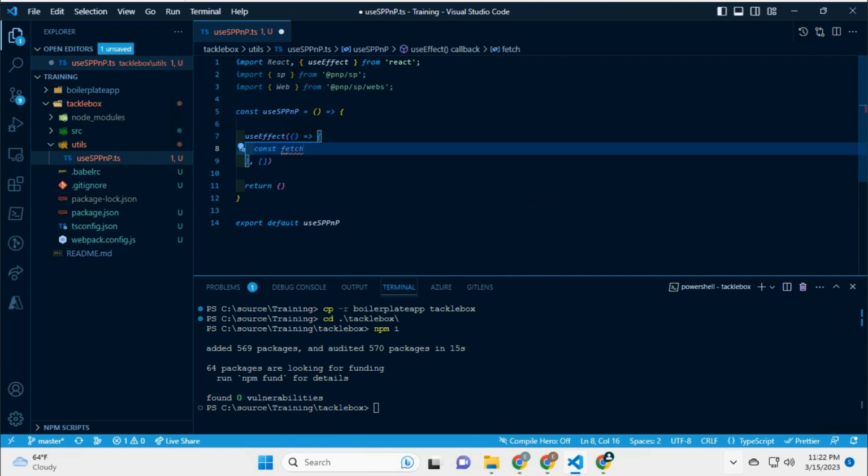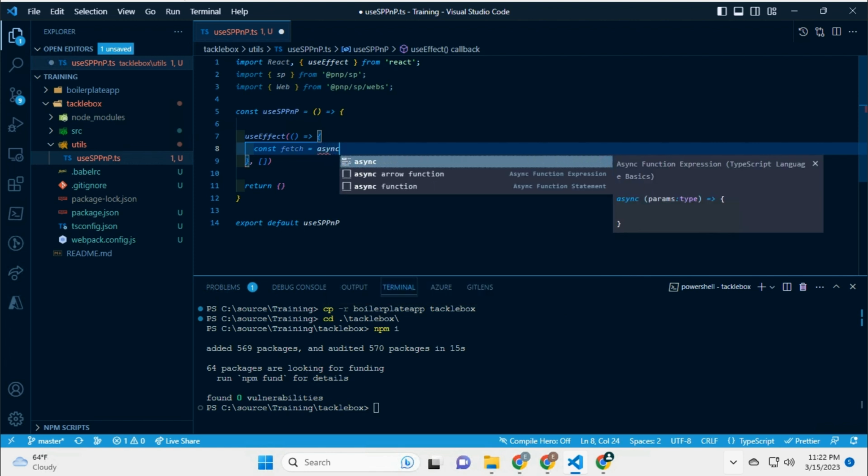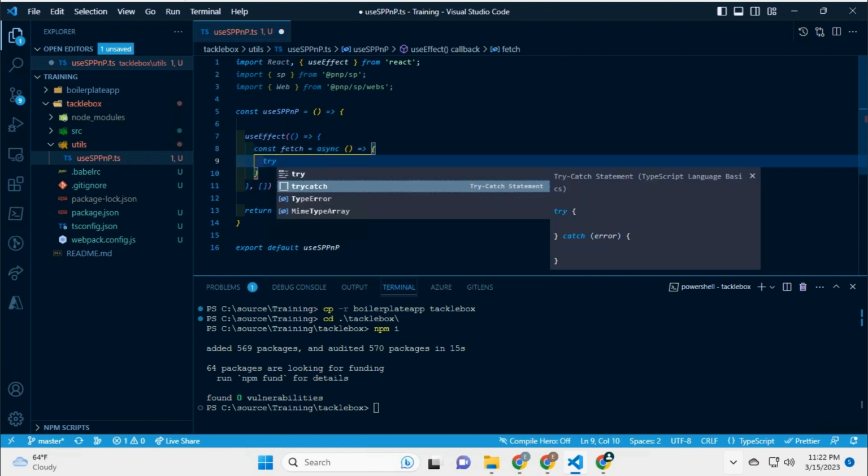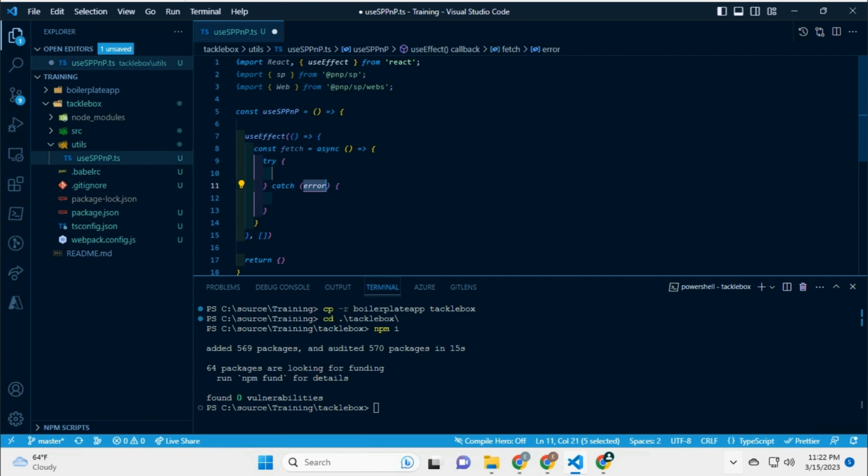It's going to be called fetch. And we're going to make it an asynchronous function. And in this asynchronous function, we're going to add a try catch. Try catch. And in our try catch, first thing we're going to do is try